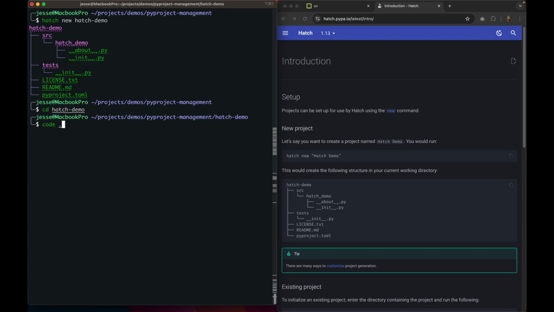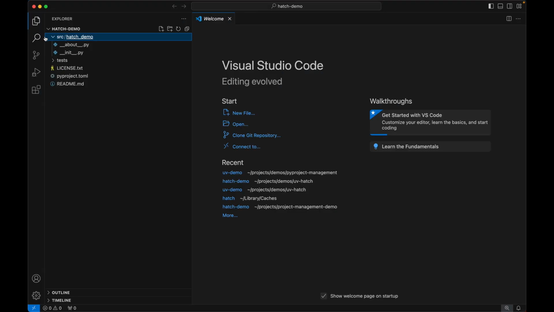Okay, and let's go ahead and see what's inside. You'll already notice that there's not an automatically initialized Git. So maybe you like that, maybe you don't. Okay, and we have this setup, this common structure that we see